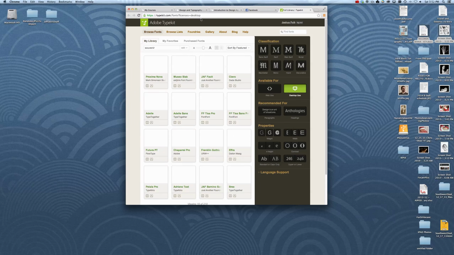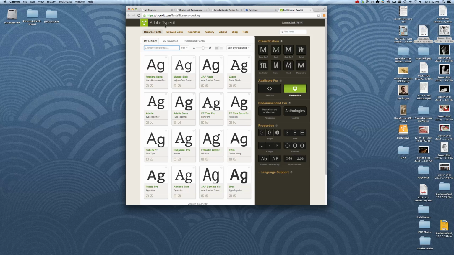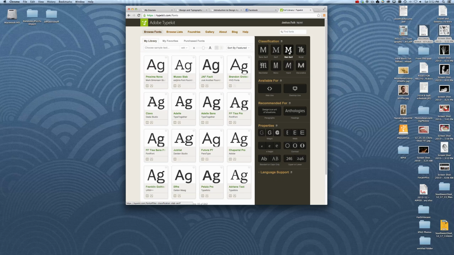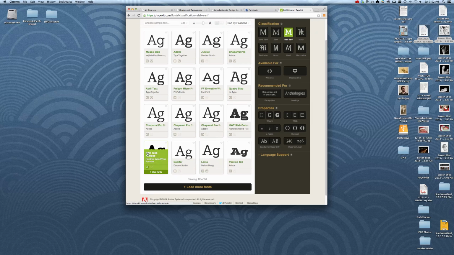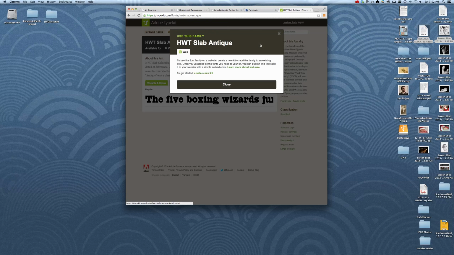and it takes me over to a website, and available is lots of different fonts. So we can browse fonts and see all these different types of fonts. You can sort by slab serif, sans serif, decorative, any kinds of fonts you want. So you basically go and find the font you want, click on it, and it shows you some examples of the text. And if you like that font, you hit Use Fonts,